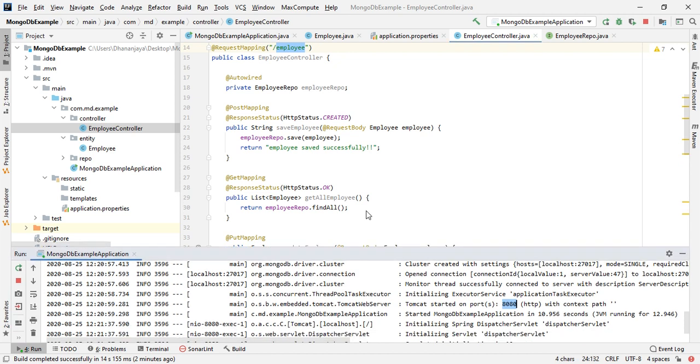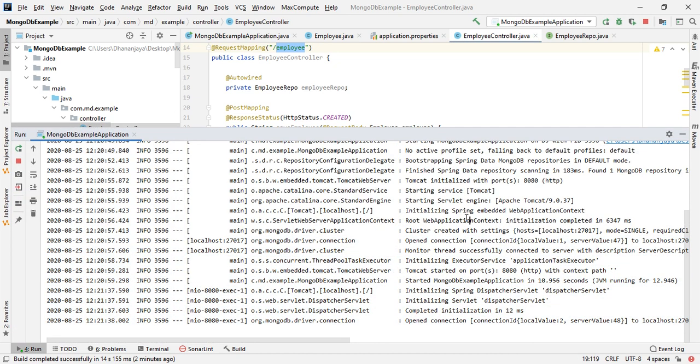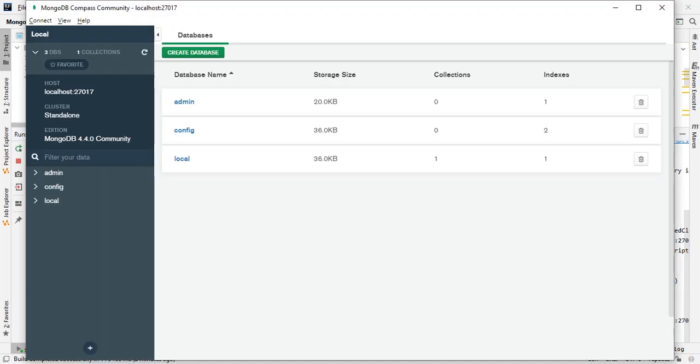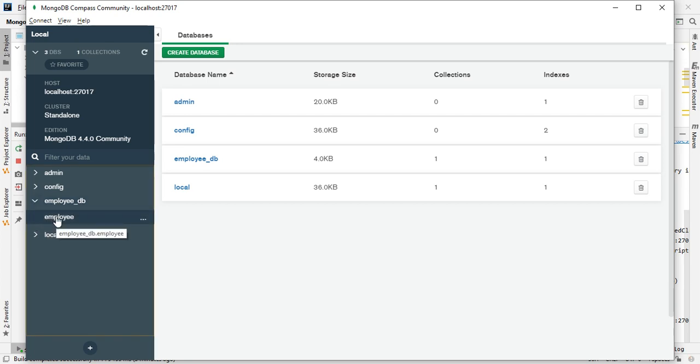And there is no error in the console also. Let's go and see in the database. Let's refresh this one. Whenever we do any save operation, MongoDB automatically creates one database, and inside that one collection is also created. So who is doing this operation? Spring Data MongoDB we are using, right?